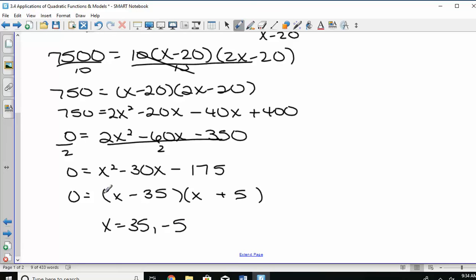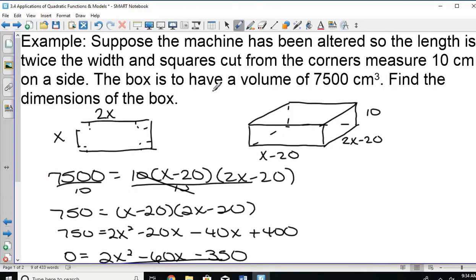Are both of those answers okay? Negative 5 is not. So then we have to answer the question. This time I asked you for the dimensions of the box, not the metal. So the box is,